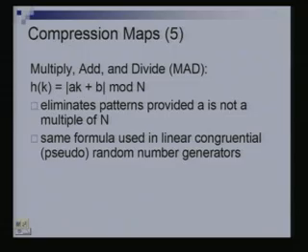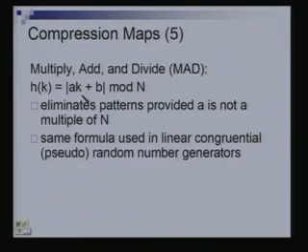Many of the random number generators use a technique called linear congruential generators. What they do is they start with a certain seed. Seed is a starting value, which could be user defined. You could provide what the seed is, or a random number generator could just take the system time at that point, or some other information, and use that as the seed. And that seed becomes the initial k value.